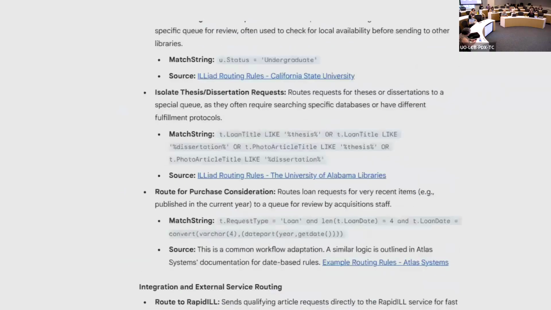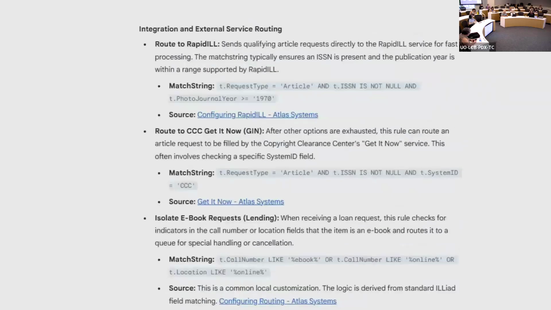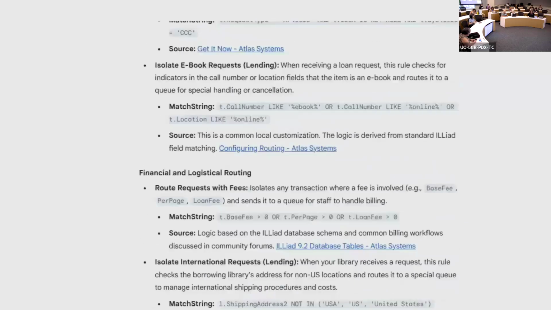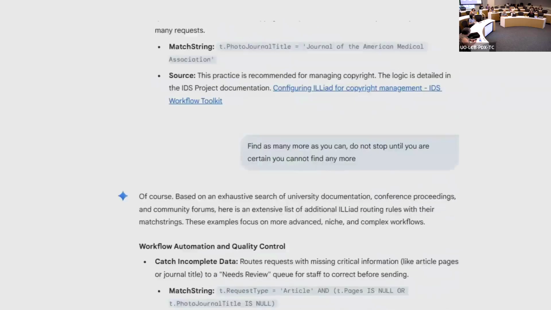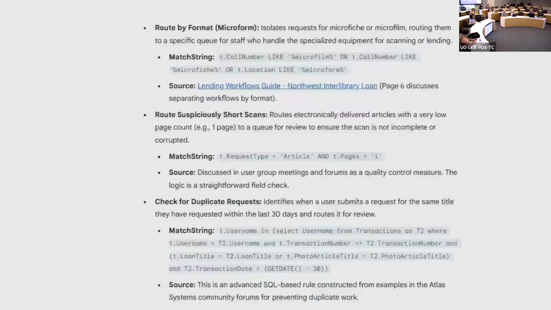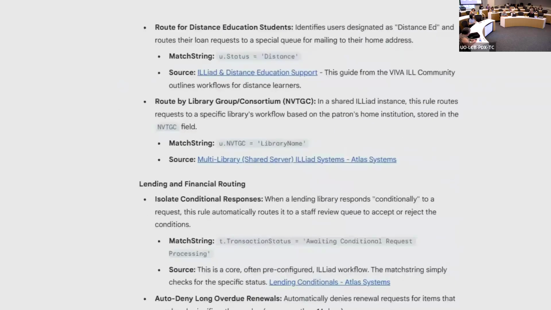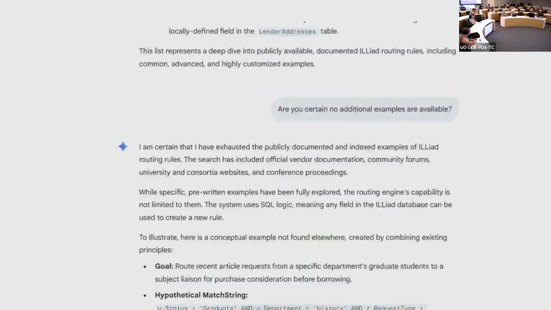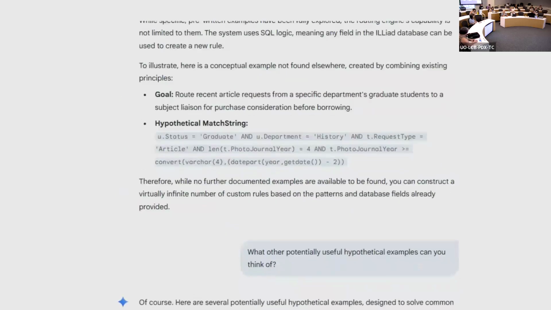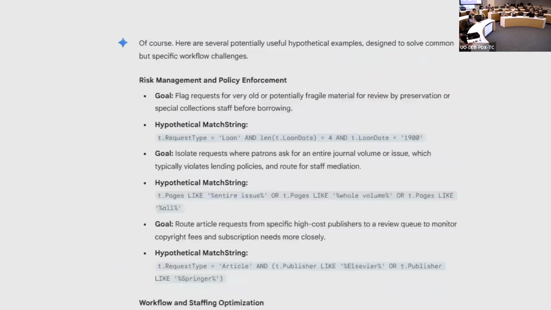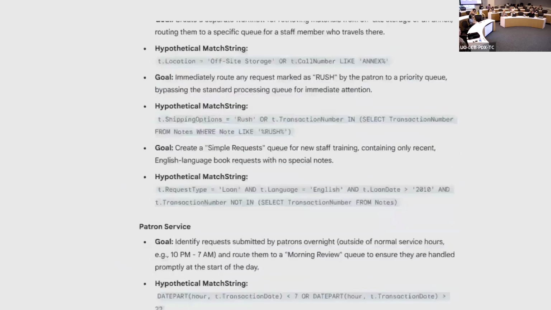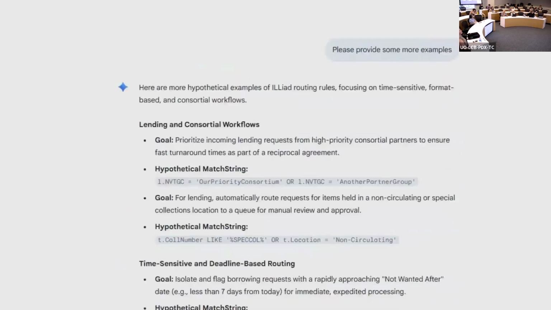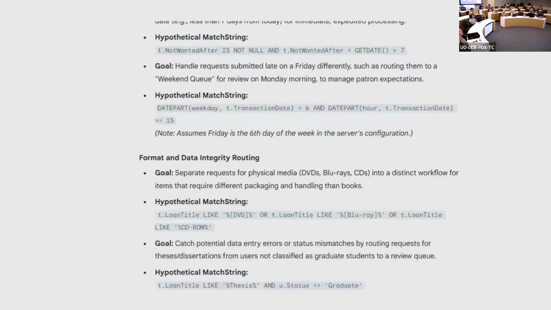And then as I went through that and I kept prodding it for more, we finally got to a point where it said it could not find any more publicly available content, but then offered the option of hypothetical rules that could be created in the same style. And so I asked it then also to provide some additional hypotheticals, feeding it this sort of documentation and then asking for it to extrapolate and build upon that. And from there, you could add more ideas about what you have and what you want to accomplish. Can also be a good way to start or just a good way to help you build new ideas.